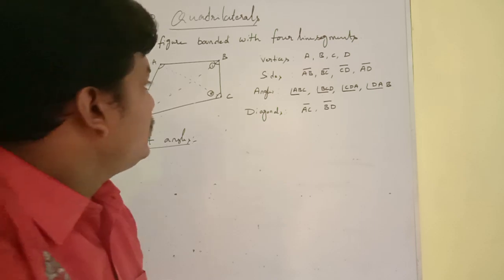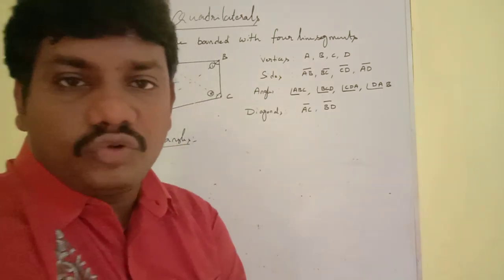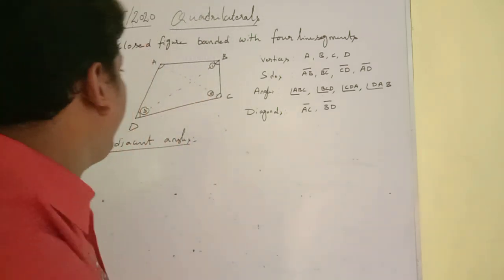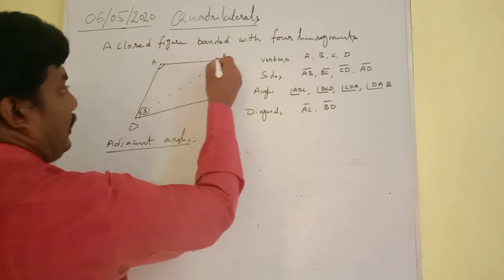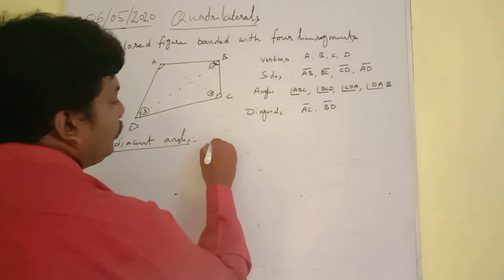What is the adjacent angles? Two angles having a common side is known as adjacent angle. Two angles having a common side. So two angles, let me take this is angle A and angle B. Both are having the common side AB. So any two angles